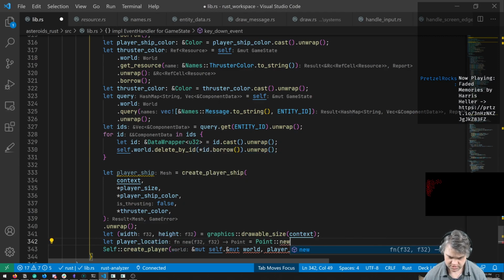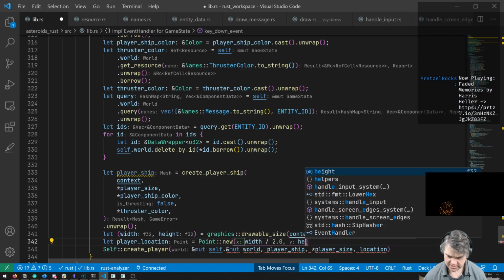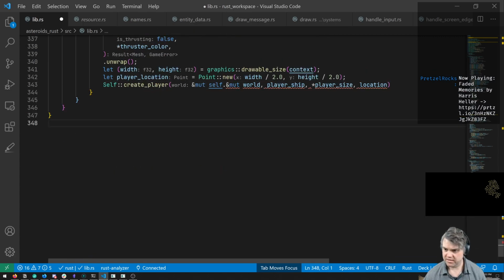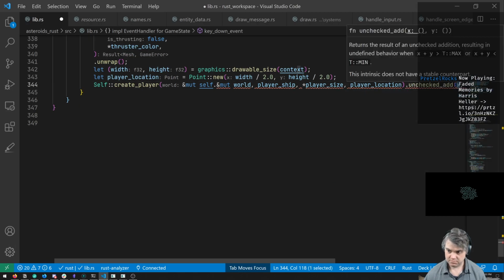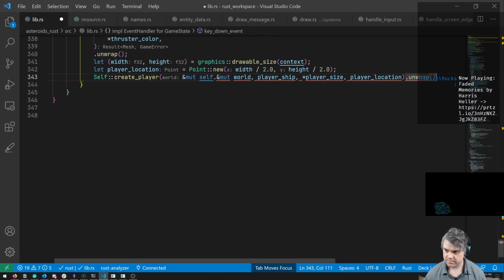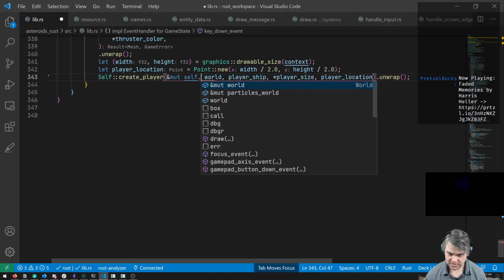So point new, and that's going to be our width divided by 2.0, our height divided by 2.0. No, don't do that. Player location. What do you return? A result. What? Dot unwrap. Oh my gosh, so many errors. What are you upset about? What? How did I get this? Self dot.